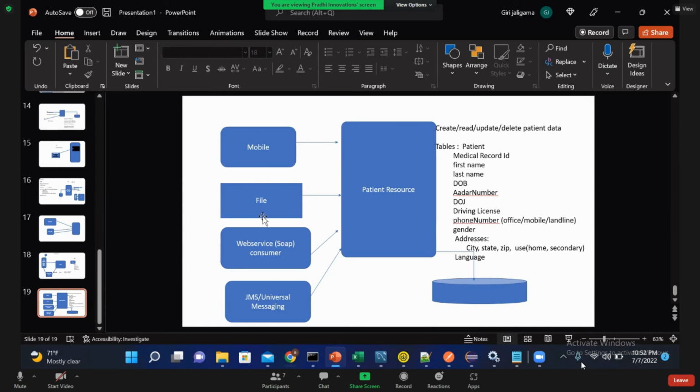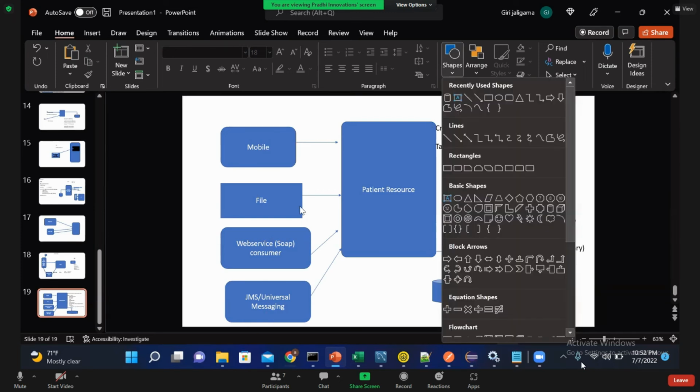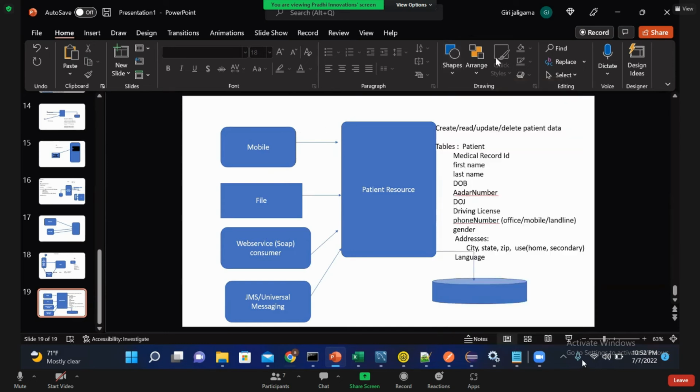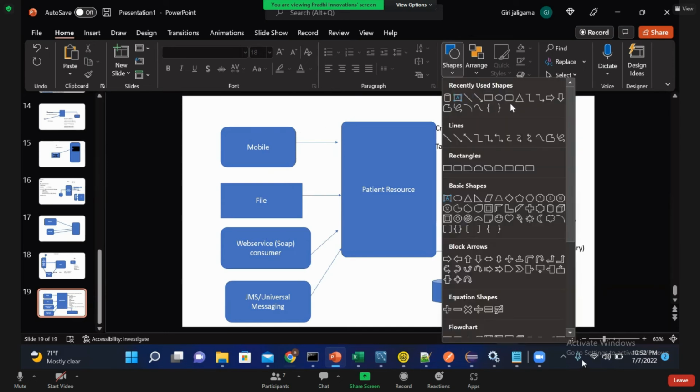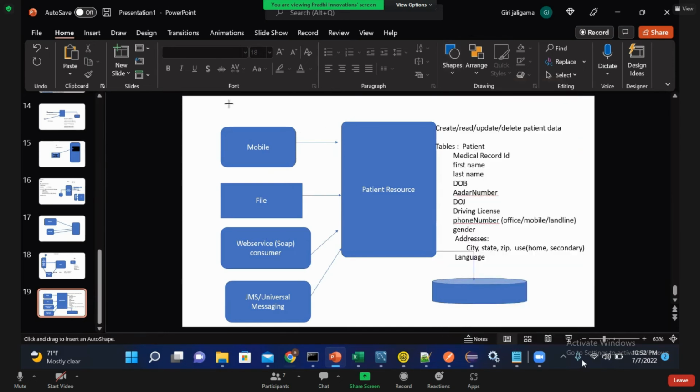You are using mobile, file, these are the channels. Basically, we call them channels. Are you getting it? Because file channel, mobile channel, file, something like even UI, just not only UI. That is again, I can say